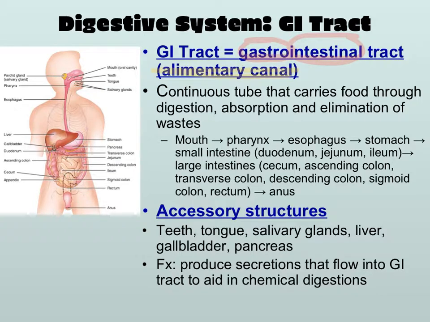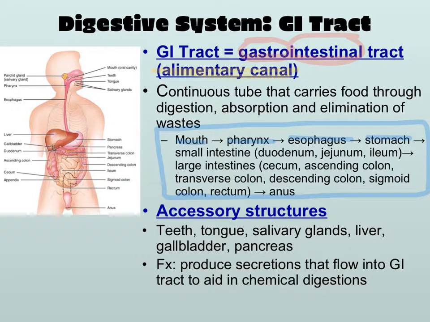This is called the GI tract. And this spot right here references all of the things that you will pass by from mouth to anus as you go, as food changes from being food into chyme and into the various things that it's going to be absorbed in, and then eventually feces. So we know about our mouth. The pharynx is a fancy word for your throat. The esophagus is the tube that swallows food and takes it from your mouth to your stomach.